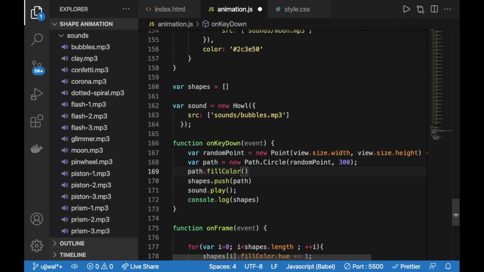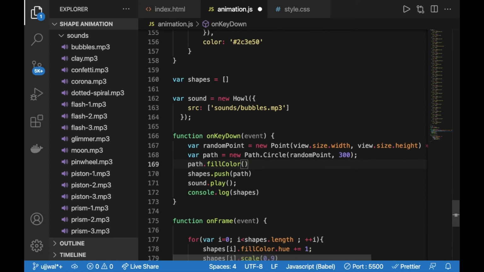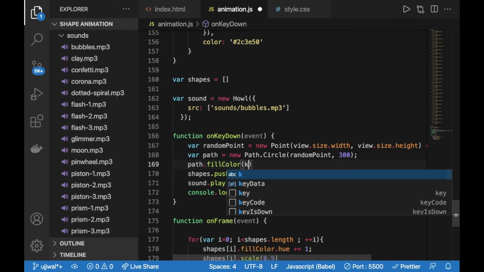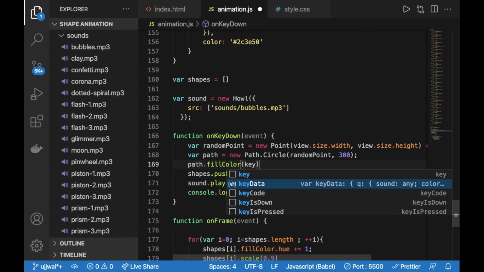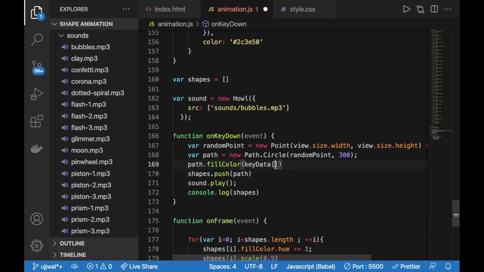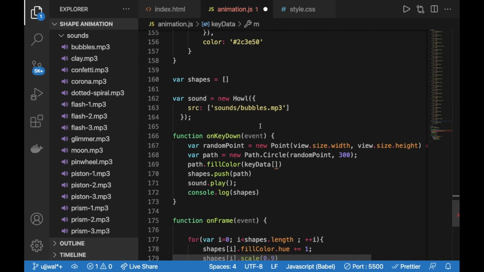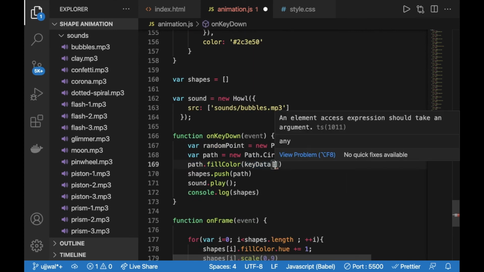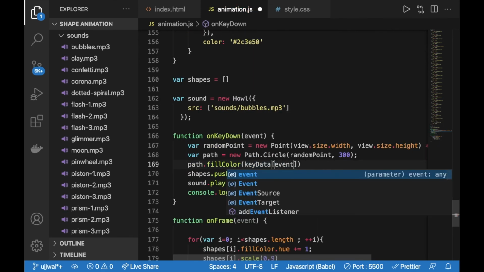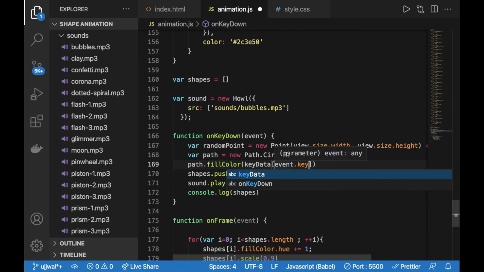For that, I'm going to go for the key data, and under these square brackets we need a particular key, and that key we will find from event.key. The event.key object is going to return us the name of the particular key which was pressed.